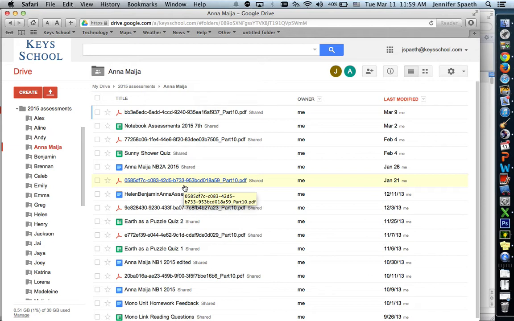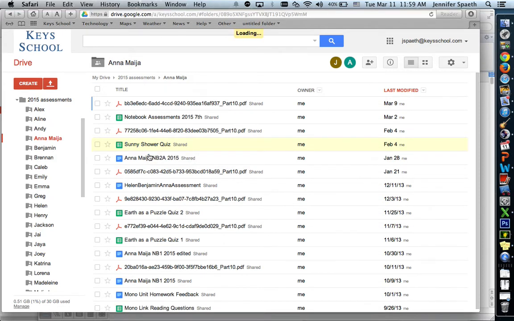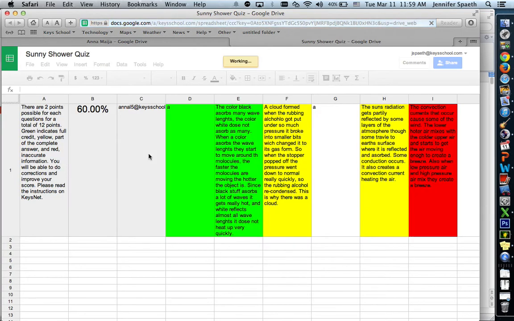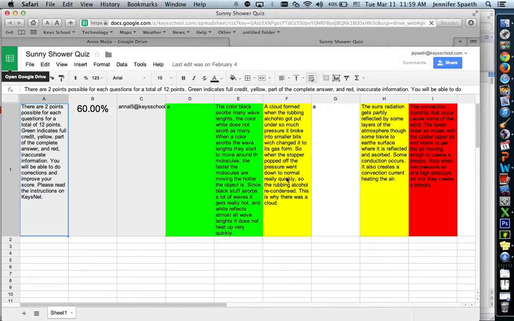I also have created some other things. When I do quizzes, I've been using Google's survey form function, like a database function, and I'll create their quiz that way. And then if you click on here, you can see that I've assessed the quiz. I give green for full credit, yellow for partial, and red for no credit, and have a little explanation and the percent they got or whatever. So this actually shows up in the folder that I share with them,